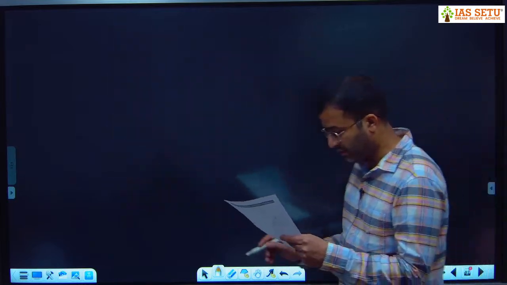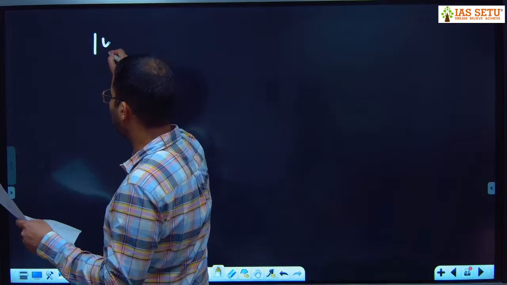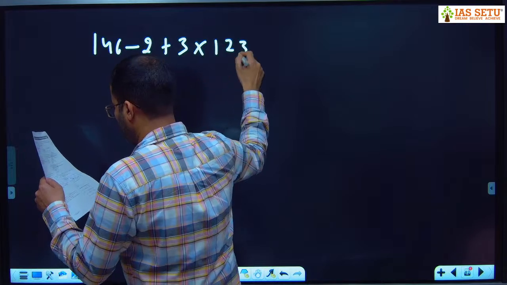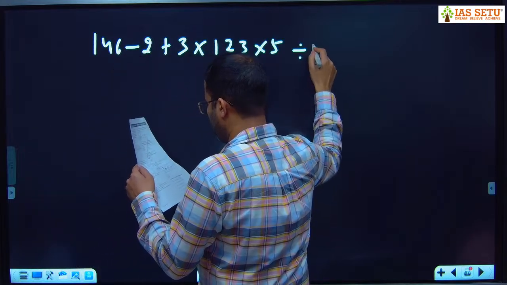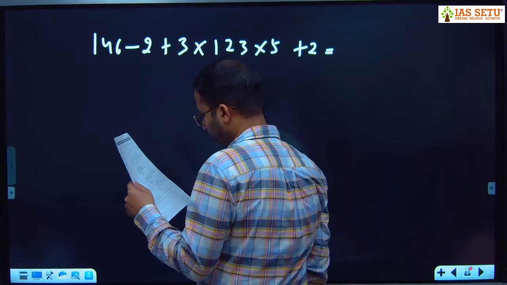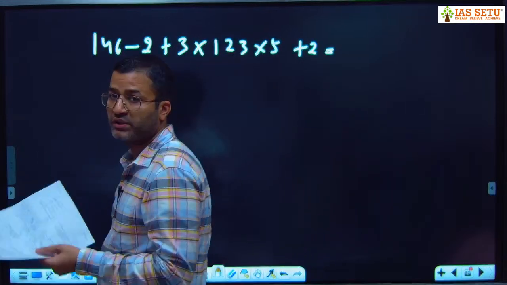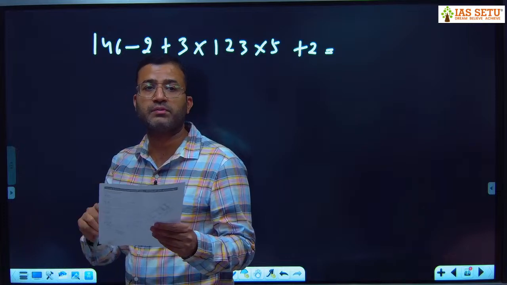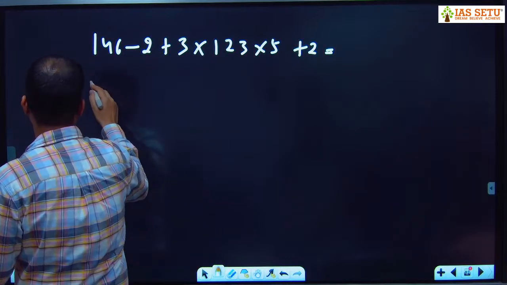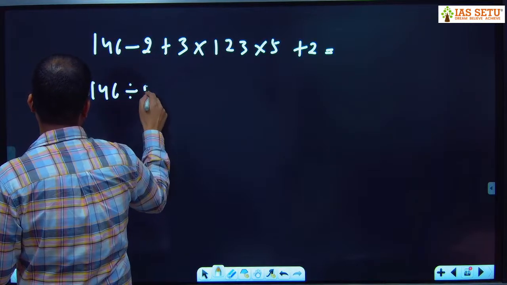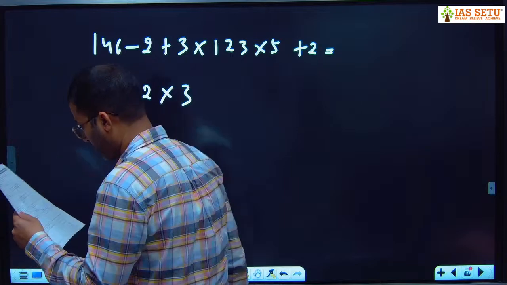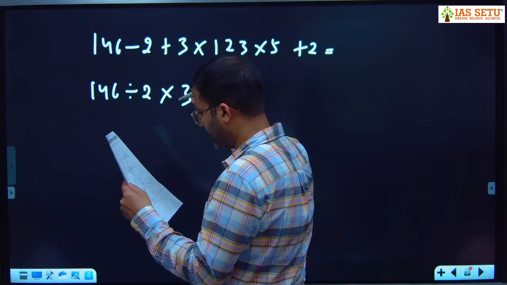Question number 9, 146 minus 2 plus 3 multiply with 123 into 5 divided by 2 plus 2 is equal to. प्लस मीन्स मल्टीप्लीकेशन। क्वेश्चन में लिखा है इफ प्लस मीन्स मल्टीप्लीकेशन, प्लस को मल्टीप्लीकेशन बना दो, माइनस मीन्स डिवीजन। 146 divided by 2, मल्टीप्लीकेशन, मल्टीप्लीकेशन मीन्स माइनस,